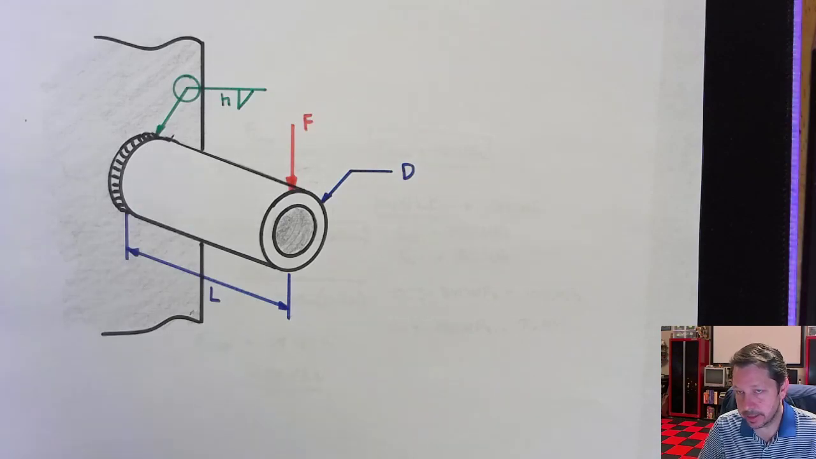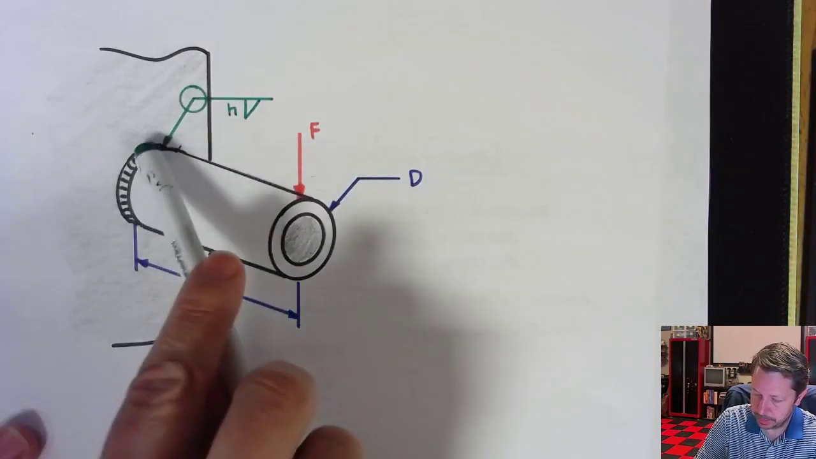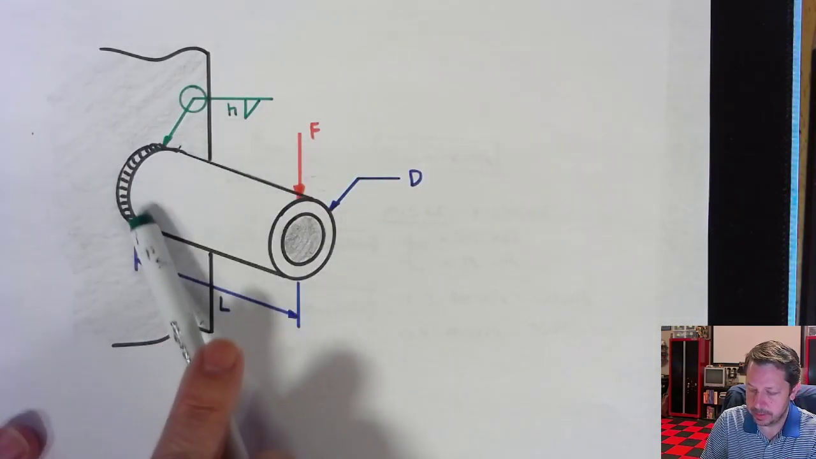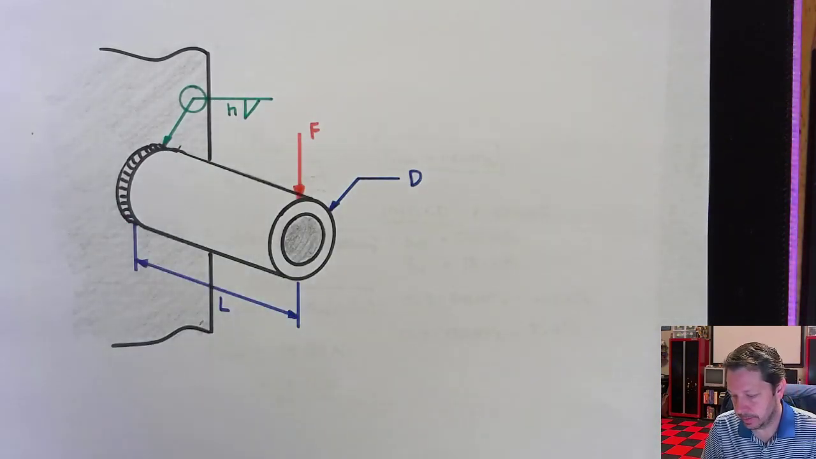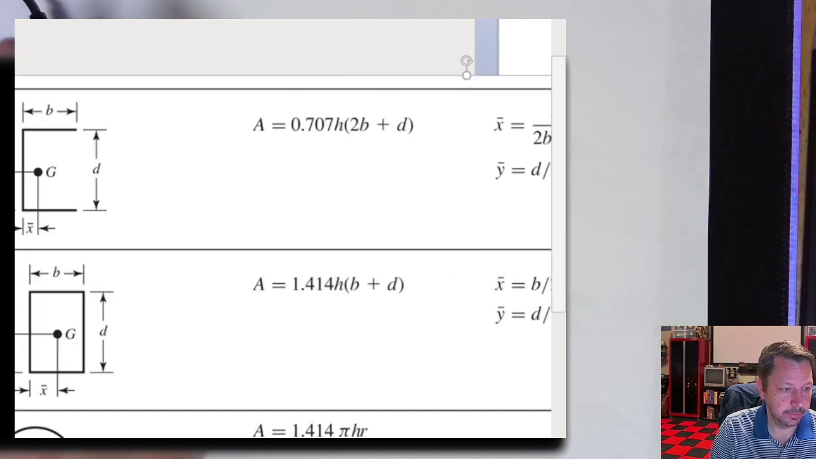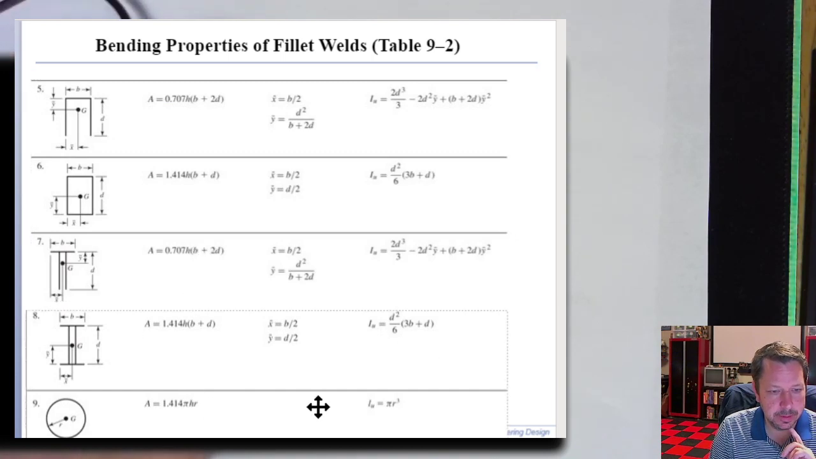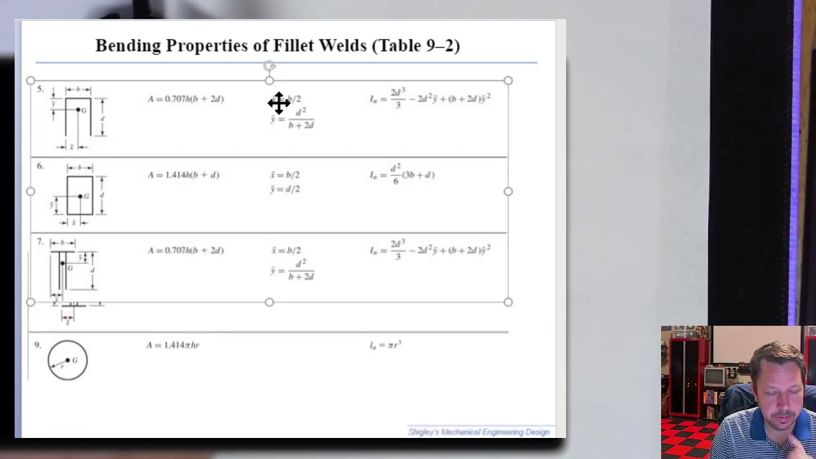So this is not creating a setup where we have the torsion. This is the bending setup. It's trying to be bent off the wall. I can't really do it in 3D, but the top here is pulling away from the wall, and the bottom's actually pushing into the wall. So there's a bending stress that wants to happen here. To do this, you would need the other set of charts for I. If we go to the very bottom, down here,